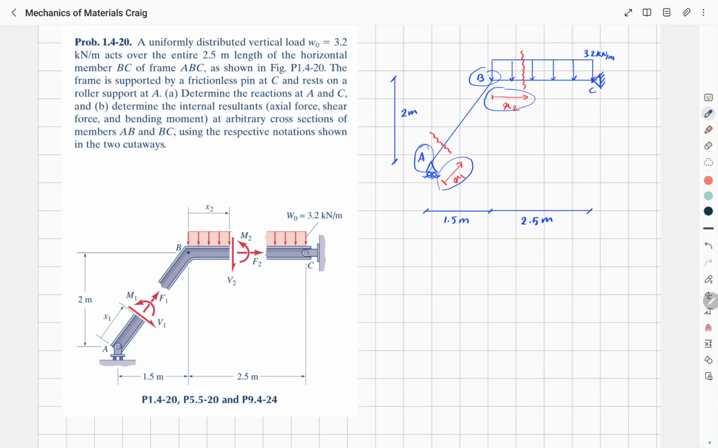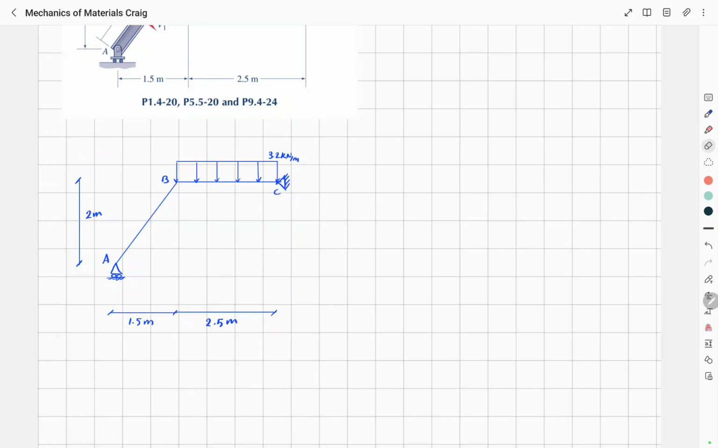We're going to start solving this question by writing the equations of equilibrium for the whole structure, determine the reaction forces at A and C, and then we're going to calculate the internal forces at the required distances. So this is our frame. We have AY here, we have CX here, and we have CY here. We can start by writing